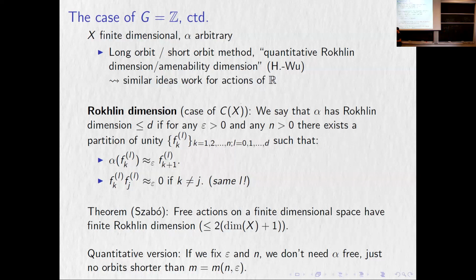With the part with the long orbits, we have this Rokhlin dimension basic part. For the part where the orbits are short, you simply analyze it directly, and you realize that the crossed product of that part is some sort of subhomogeneous C-star algebra. You understand it, and then you just need to somehow stitch those two parts together. So that's the idea. That takes care of the case of integers, and we're happy about it to some extent, but it's a bit ad hoc.